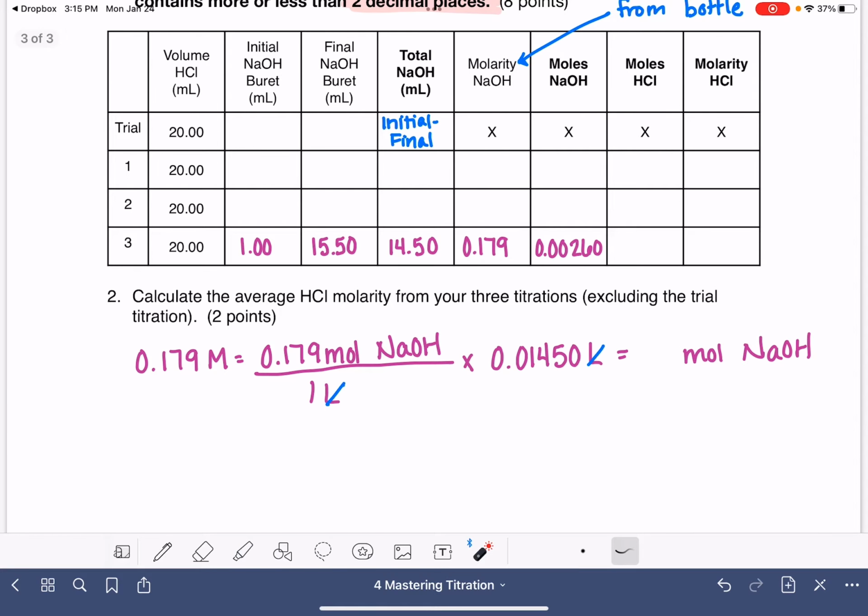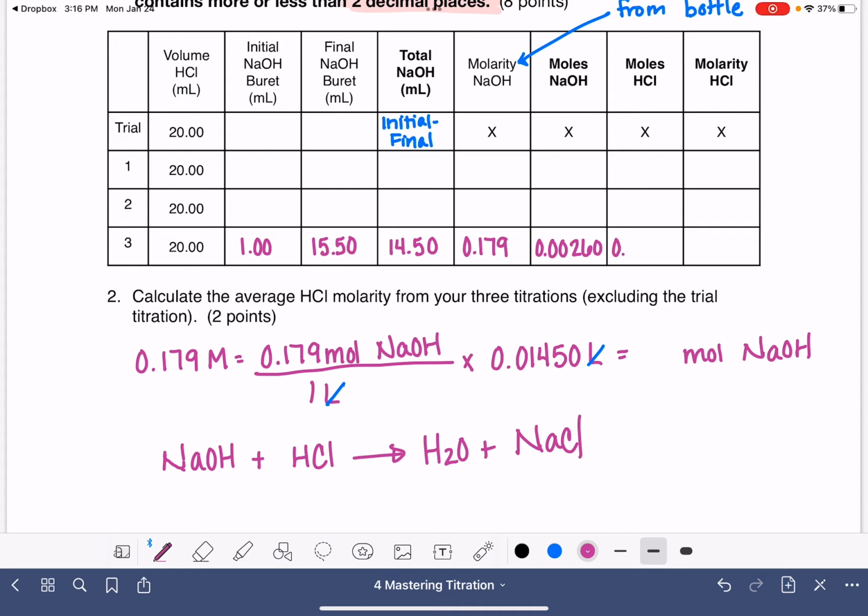and HCl. To do that, you will need the balanced equation for this reaction. NaOH and HCl react with each other to produce H2O and NaCl. And this equation, the way that it's written, is already balanced: 1 sodium, 1 oxygen, 2 hydrogen, and 1 chlorine. So there's a 1-to-1 relationship between NaOH and HCl, which means that the moles of NaOH always equals the moles